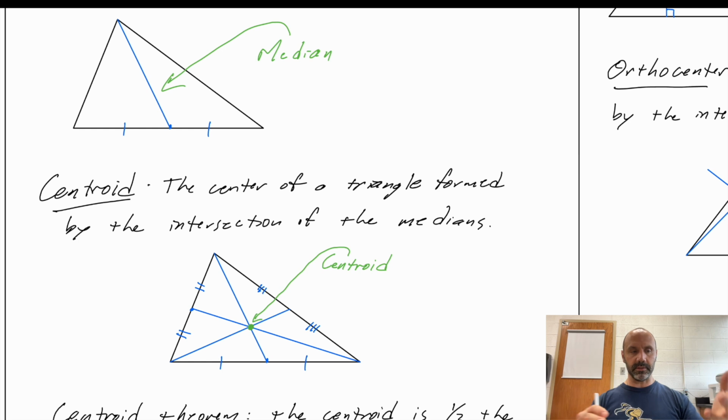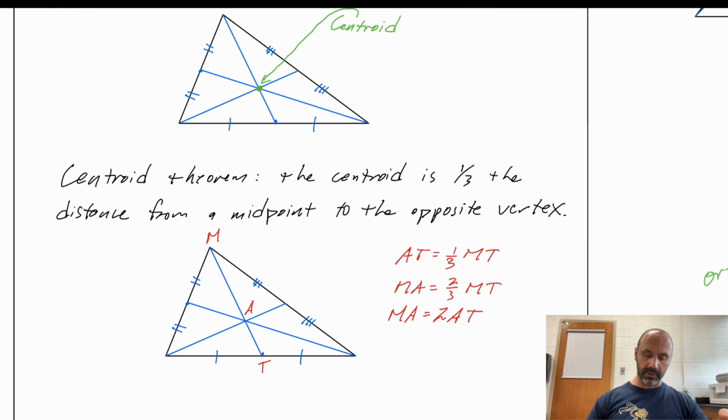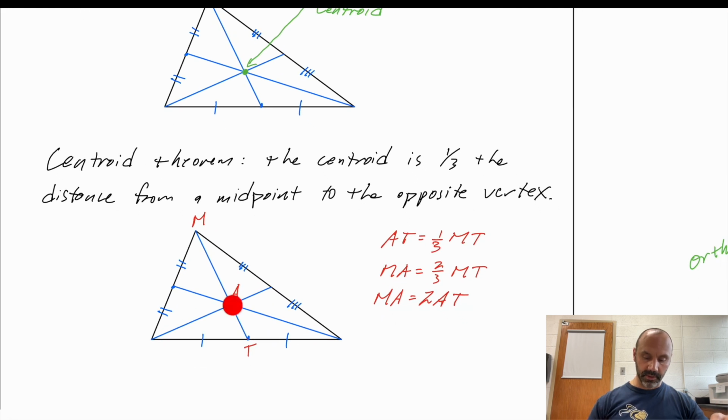In the end, you're going to have a bunch of these types of centers, types of these segments. So start to memorize them now. Median, vertex to midpoint. Centroid, formed by the medians. But there's also a theorem that goes with the centroid, and that's this, that the centroid is actually